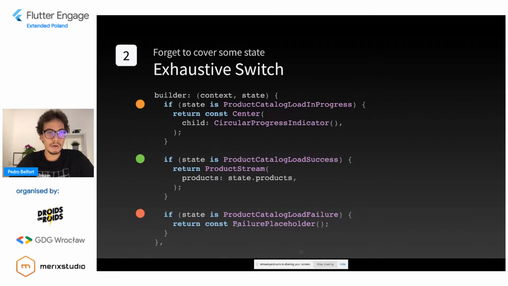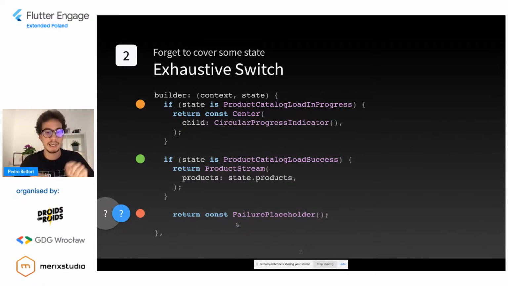And well, if you have only two new states, that might be very trivial. But imagine if you have a much more complex feature or UI to build. And what if your fallback was actually the failure placeholder, and you forget to come back here and update your widget? Then all the new states would fall into this failure placeholder category. And that wouldn't be pretty, would it?